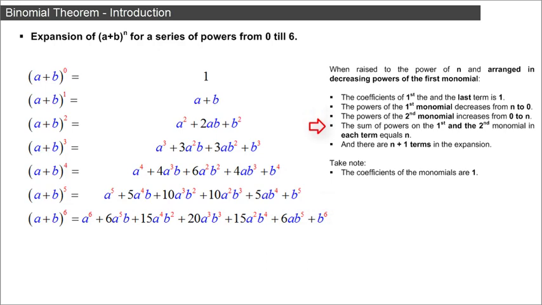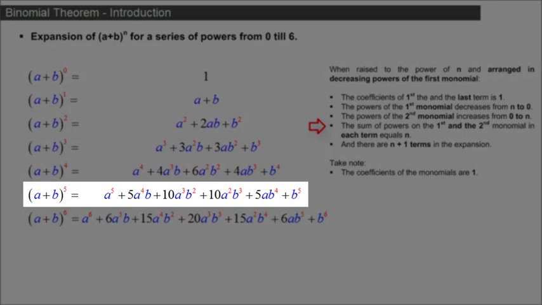And the sum of the powers contributed by each of the monomials in each of the terms equals n, that is the power to which the binomial was raised. Consider the binomial raised to the power of 5. The sum of the powers contributed by each of the monomials in each of the terms equals 5: 0 plus 5, 1 plus 4, 2 plus 3, 3 plus 2, 4 plus 1, and 5 plus 0, they